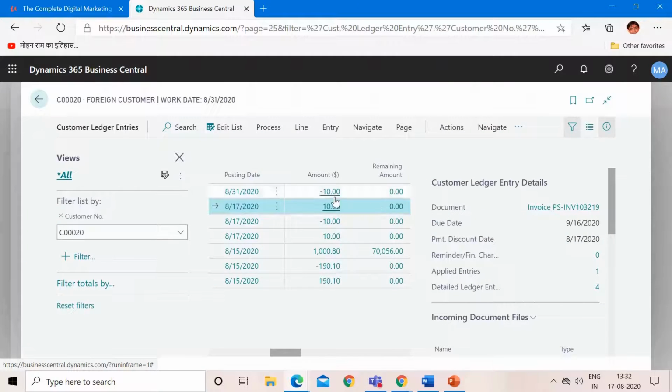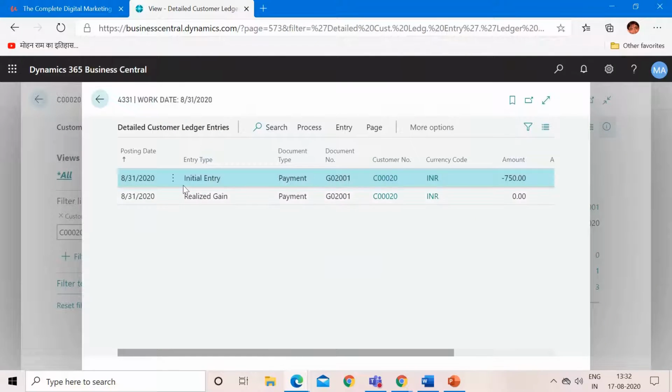And if we look at the payment line, we click here, and system actually created one realized gain entry line. So this means that when we run the batch of adjust exchange rate, system posts the unrealized gain entry or the unrealized loss entry, depending on your exchange rate. And then when you apply that invoice with the payment, system reverses that unrealized entry and converts it into a realized entry.